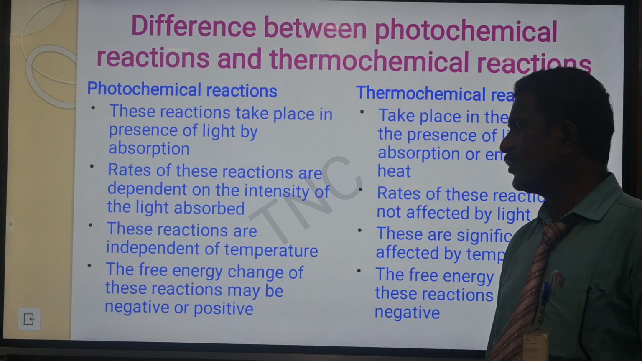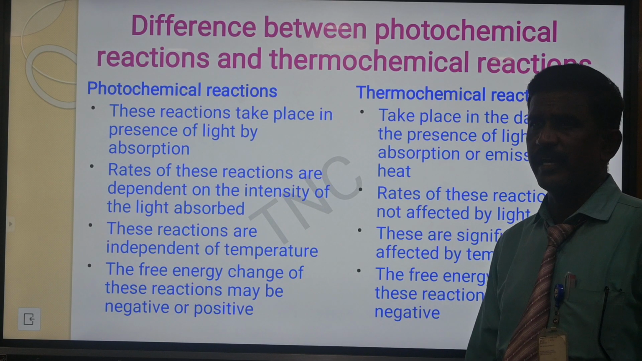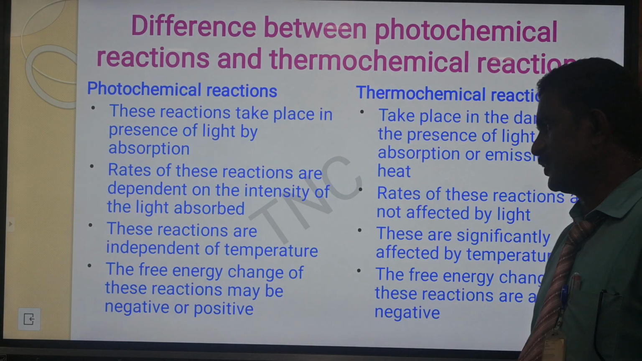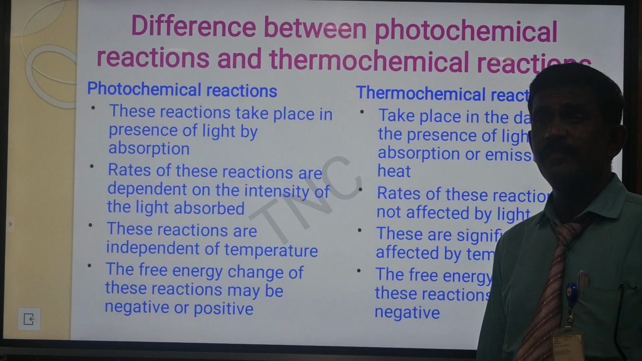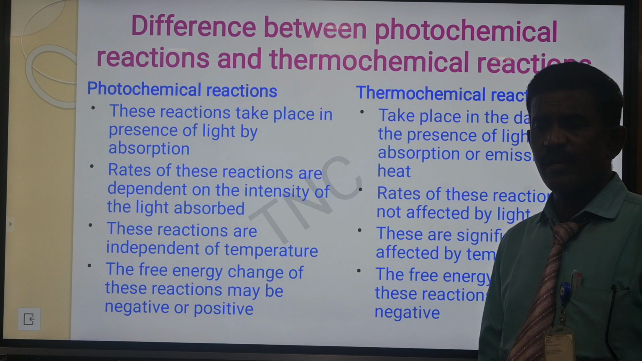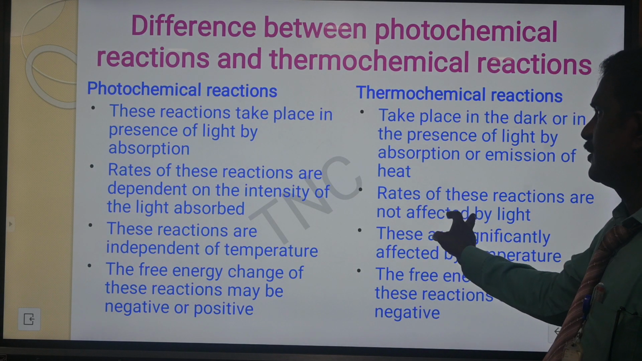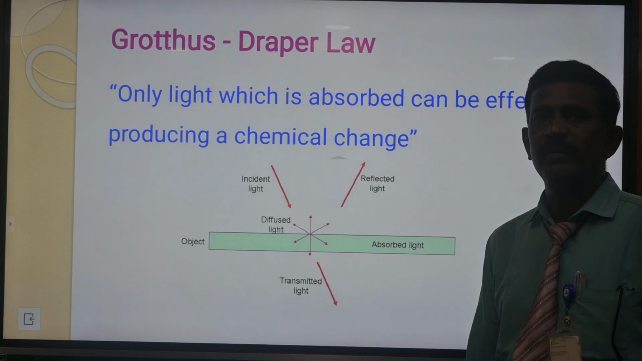But look at this photochemical reaction. Even for positive delta G, the reaction can be spontaneous. That is the speciality of photochemical reactions. Whereas in thermochemical reactions, this would strictly follow the criteria of spontaneity. That means it occurs only when the delta G is negative. Right. Now let's study the different laws involved in photochemical